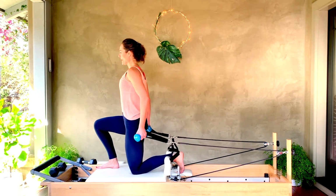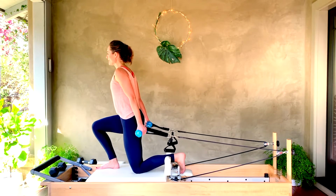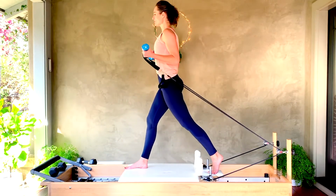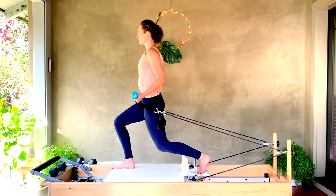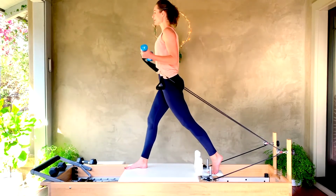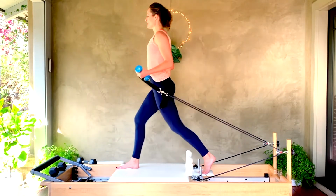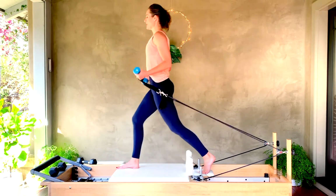Elbows are soft behind you, and you're gonna have a little bicep curl as you come to the top. Lift slowly, curl, pulling the weights to the front of the shoulders, straighten into both legs, and then as we let the arms down, we slowly lower to a hover. Then we stand all the way back up, and we go for 8, and down, and 7, and down, and